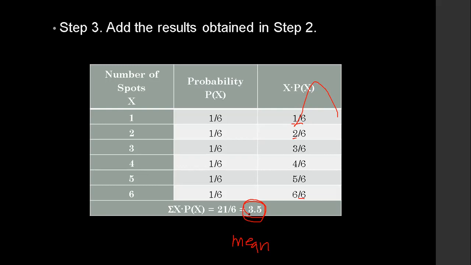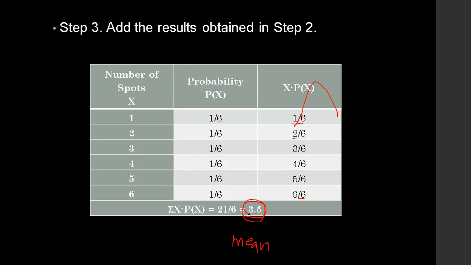Although the die will never show a number which is 3.5. Hindi naman makikita sa die, di ba? Kasi yung die natin, meron lang tayong 1, 2, 3, 4, 5, and 6. Walang 3.5 doon. So, but it implies, okay, that rolling a die many times, okay, the theoretical mean would be 3.5. So kahit mag-roll tayo ng die ng ilang beses,